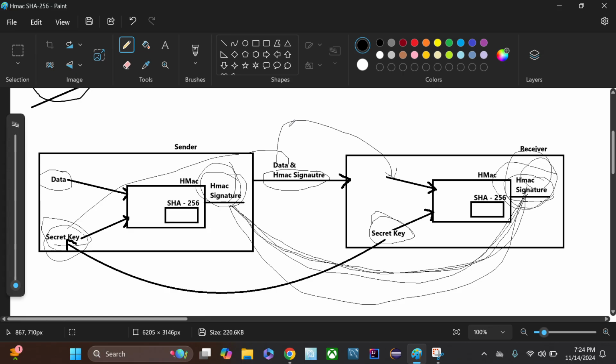Then what is the use of those locks now? Anybody can take those keys and enter the home. For that reason only, we are not going to send this secret key again to the receiver. We only send the data and HMAC signature, because if the data gets changed here,